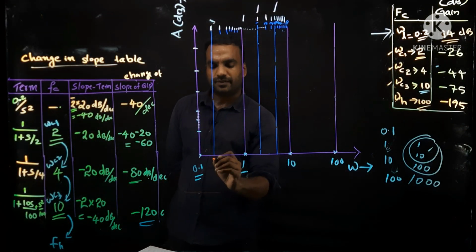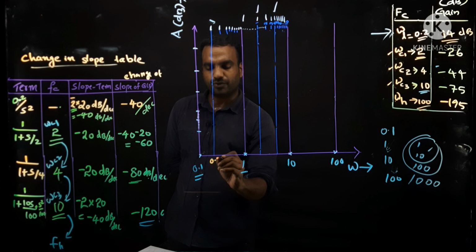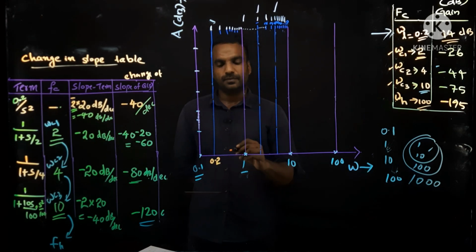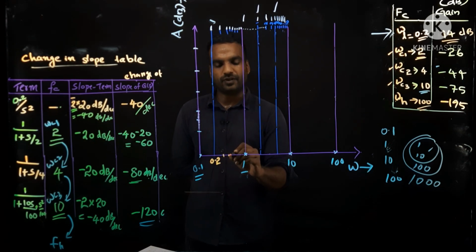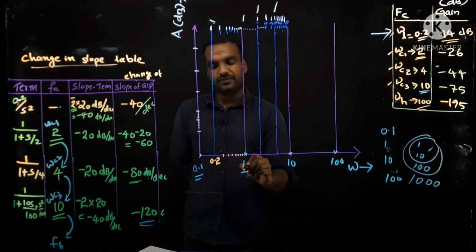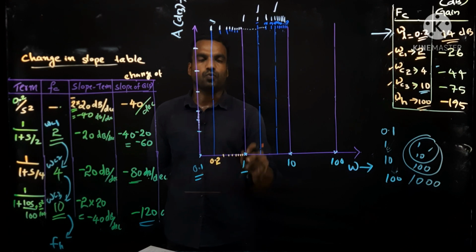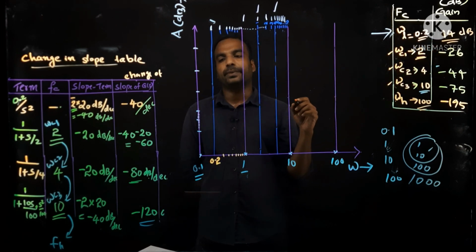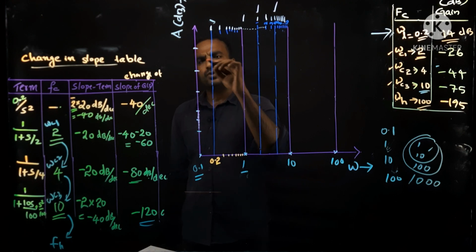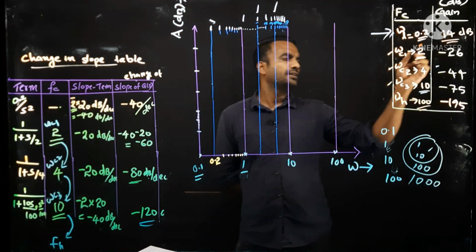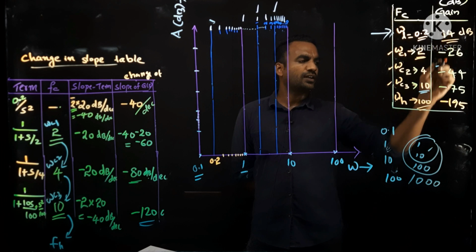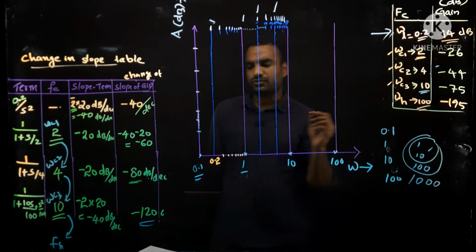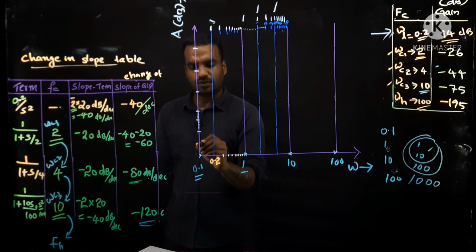So, this is the line representing point 2. Point 3 will be here, point 4 will be here, 5, 6, 7, 8, 9 and the next line will be 1, point 1 to 1. So, point 2, its frequency is 14 dB. You have to mark it on the x-axis. Actually, on the x-axis we have a large number, so I think we can add some more divisions.